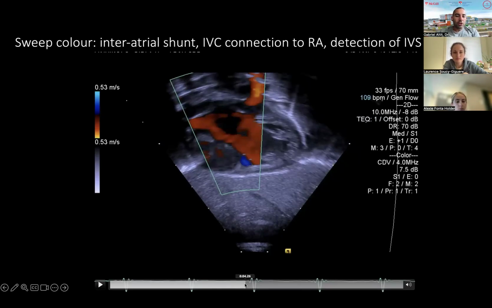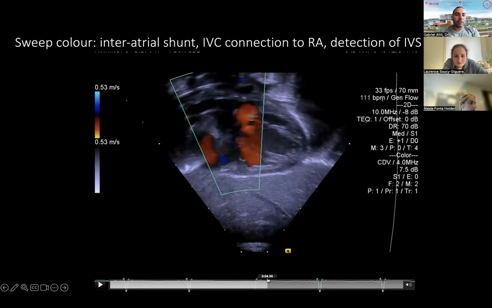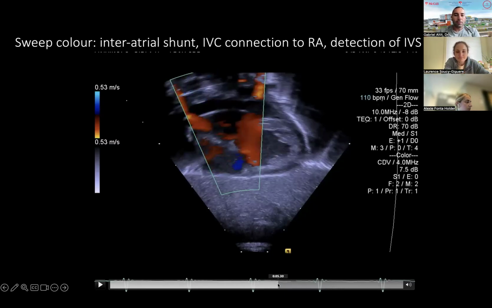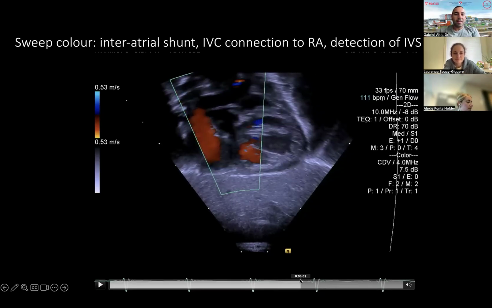And then we look, it's a good place because you're well aligned to see, well, is there a shunt through this PFO? Is there like a bit of a red flash or blue flash? And then here you can see even the SVC coming in and filling the right atrium. And as we do these sweeps, we can appreciate sometimes maybe there's a bit of color that's crossing the interatrial